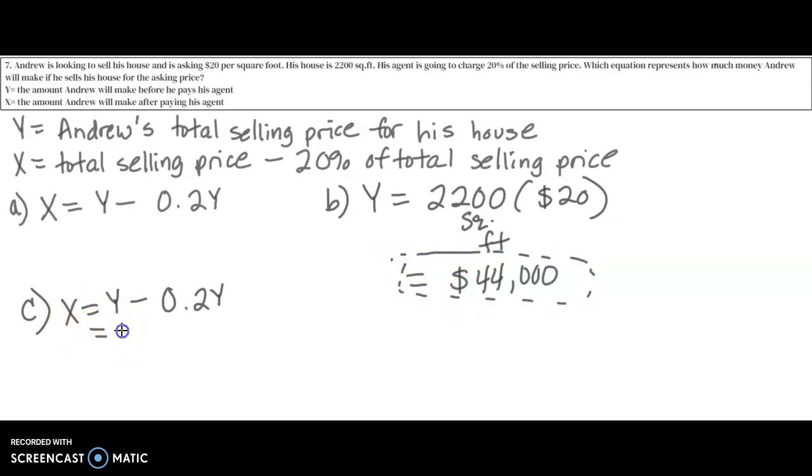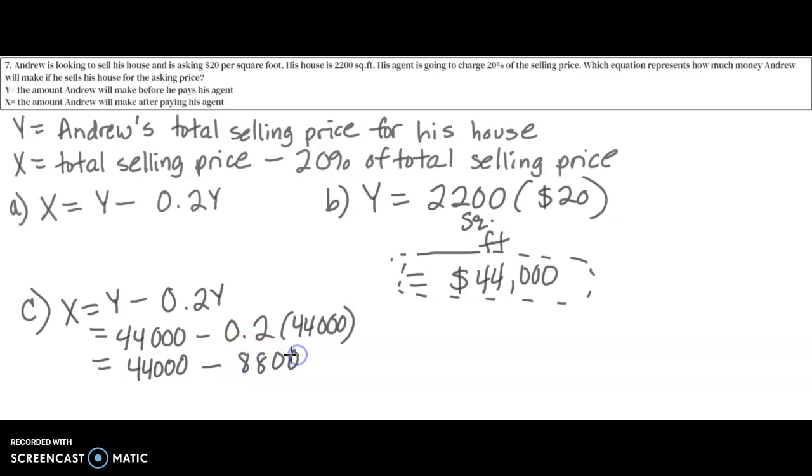X equals Y, which is 44,000, minus 0.2 times Y, which is 44,000. 0.2 times 44,000 is equal to 8,800. And your final answer would be,